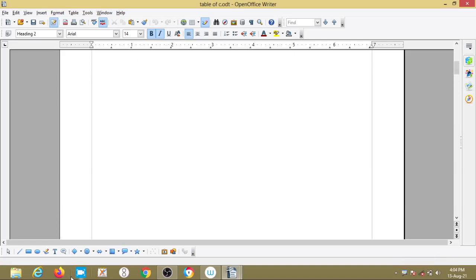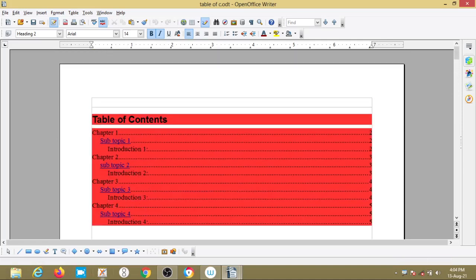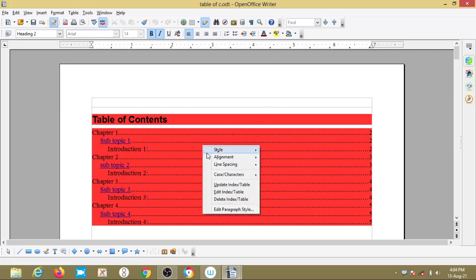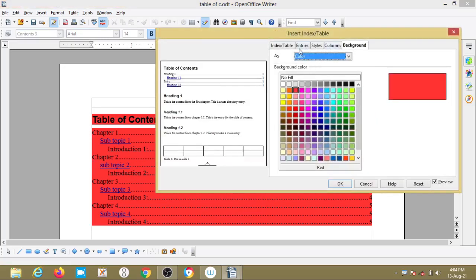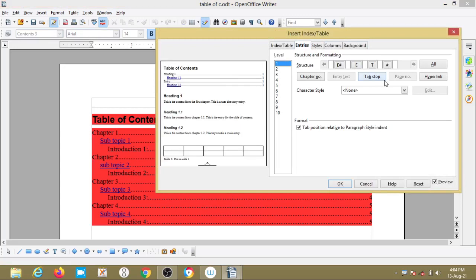So next move on to updating the pages. We have seen updating the pages and adding elements. So edit, link, entries. So what is tab stop means?